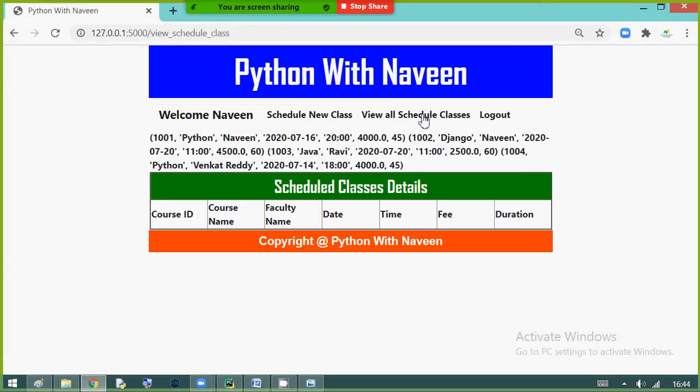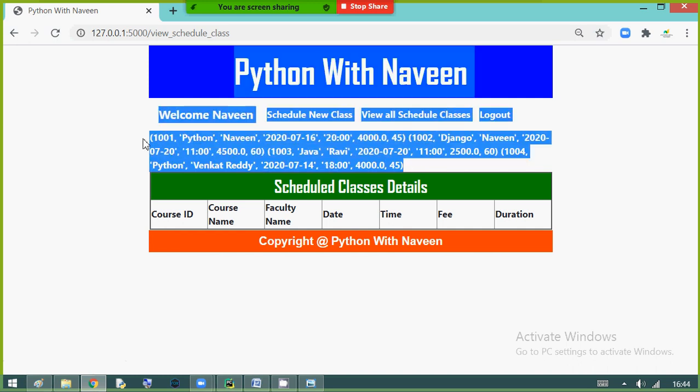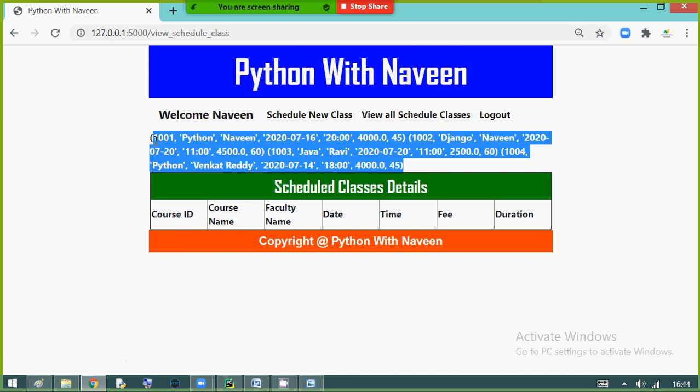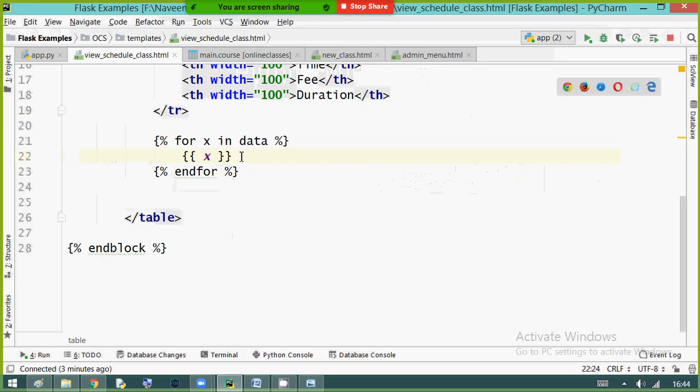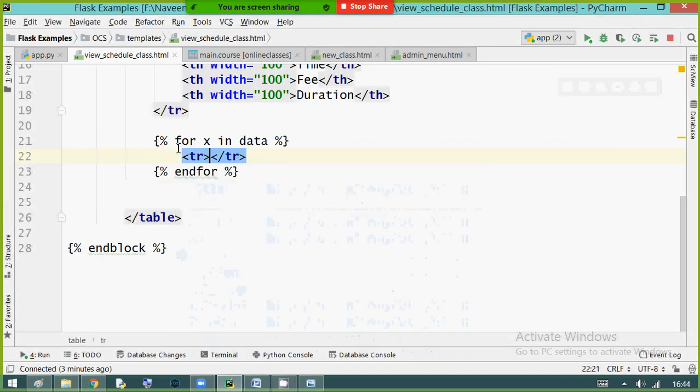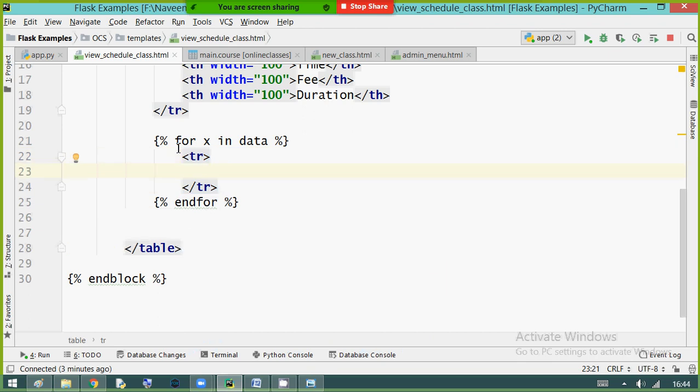Refresh. Yes, you have data. I told you temporarily, right? We are not displaying inside the table, so here is the data. Now what I am doing, inside this for loop, I am creating a new table row.